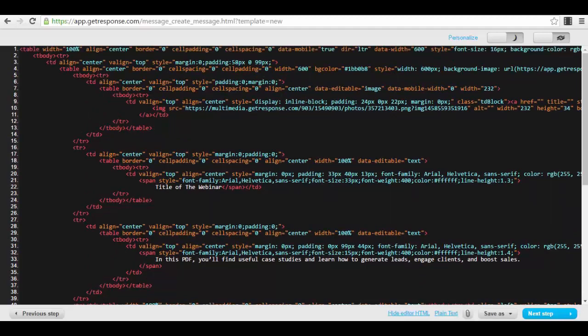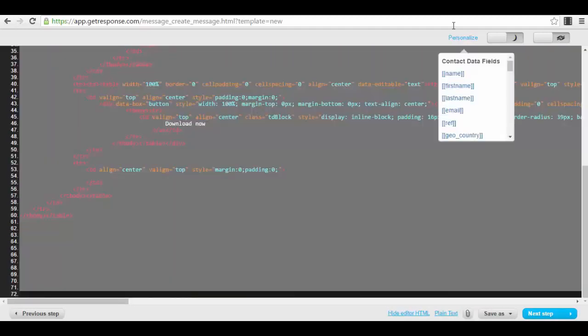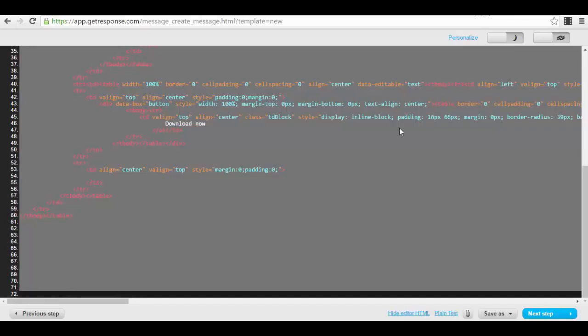What you do after that, it's very simple. You just copy paste this. You go to your domain name, where you have your hosting. You create a page on your domain, maybe webinar.html. You edit that HTML, you press edit on it, and you paste this code that you have copied from here.